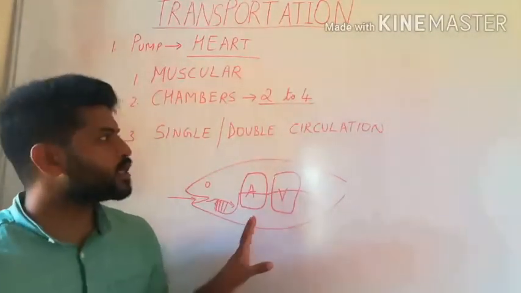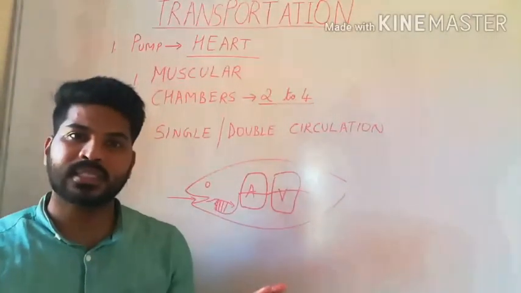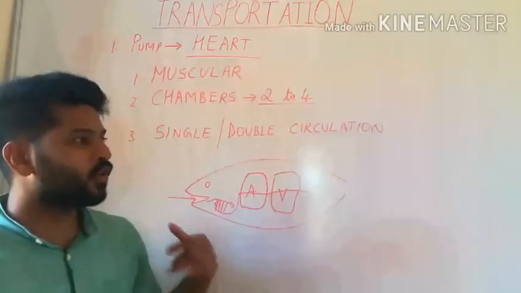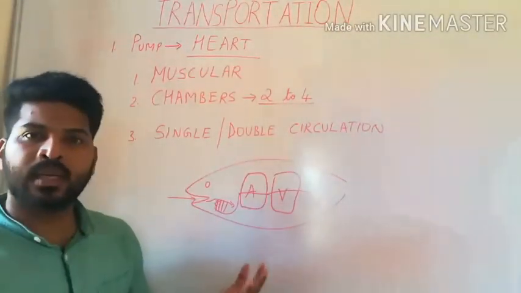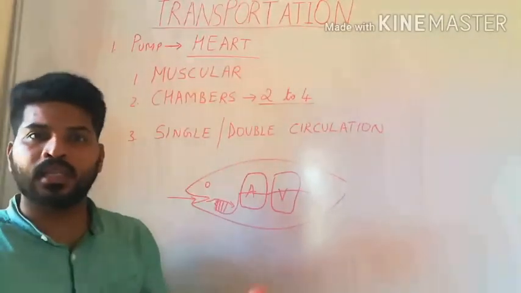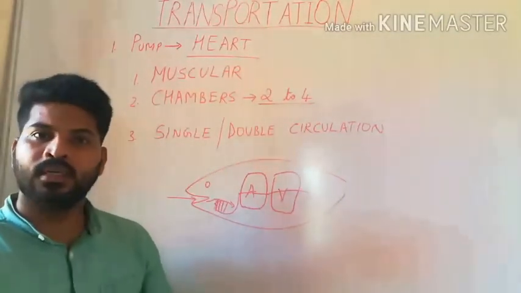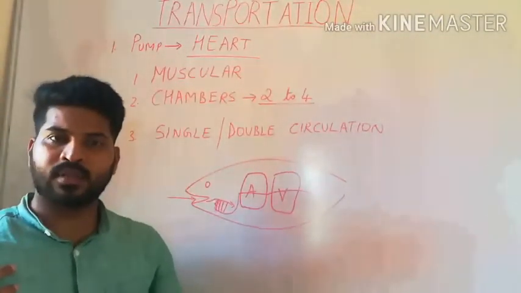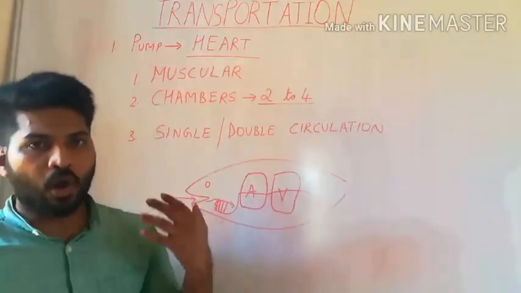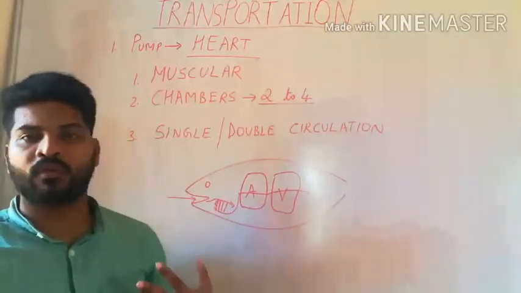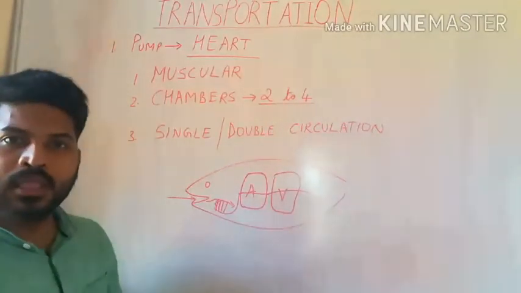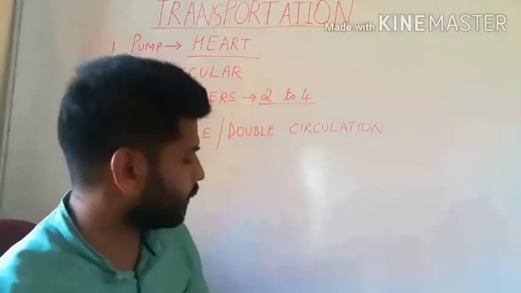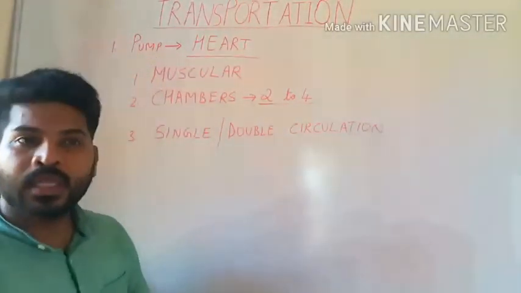So double circulation prevents the mixing of oxygenated and deoxygenated blood. In the case of fishes, amphibians and reptiles, a little amount of mixing is still allowed, whereas in birds and mammals, there should be complete separation of deoxygenated blood, which in human beings we find on the right side, and the oxygenated blood, which is found on the left side of the heart. Let us discuss double circulation. Double circulation is very simple and very easy.